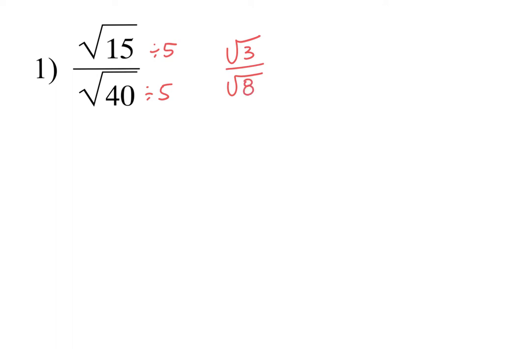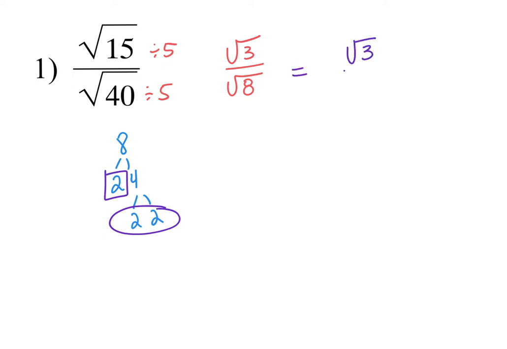So then the next thing you want to do is, can either one of those simplify within themselves, right? The 3 is prime. It cannot simplify. What about the 8? Yeah, so 8 can simplify. So if I'm going to write my 8 out, 2 and 4, 2 and 2, my index is 2. So I'm looking for things that group up. That groups up. This does not. So I'm going to rewrite this fraction as the square root of 3 over 2 on the outside, 2 on